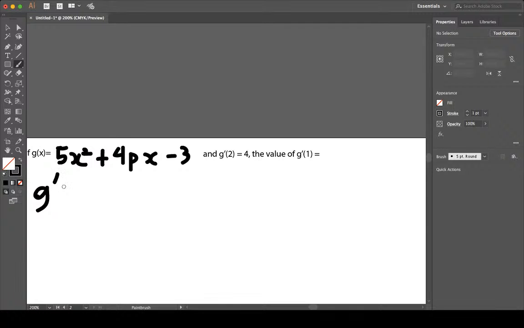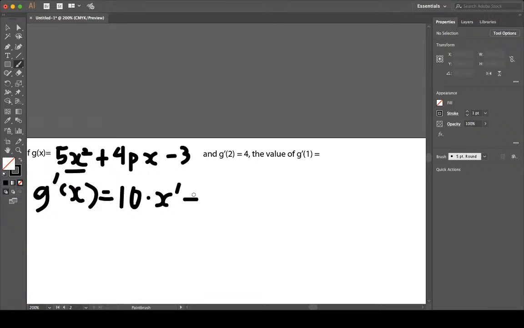So let's find the derivative of g. Let's start by differentiating this first term. 2 times 5 is 10, multiplied by x to the power of 2 minus 1, which is 1. Great. And then after that, we want to add